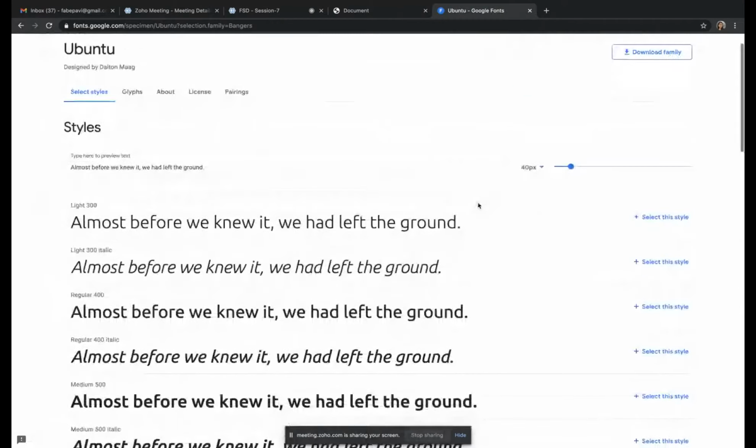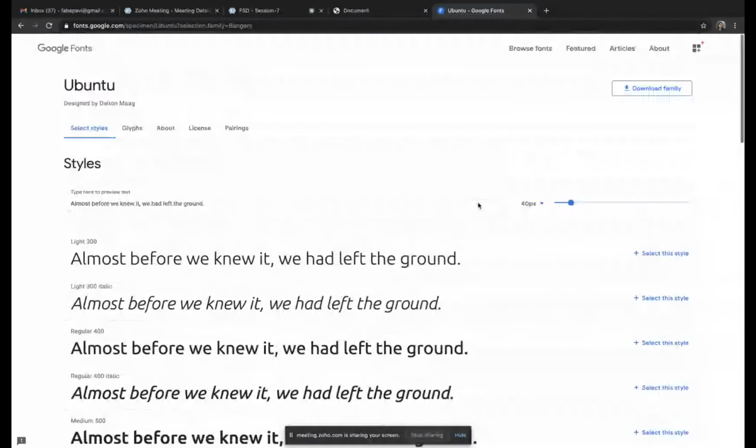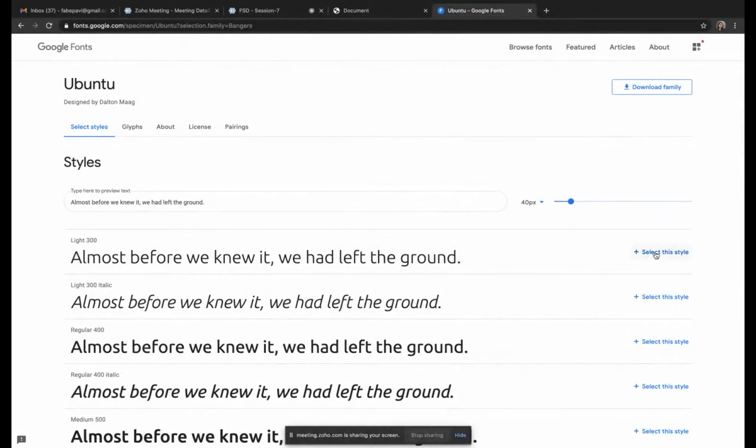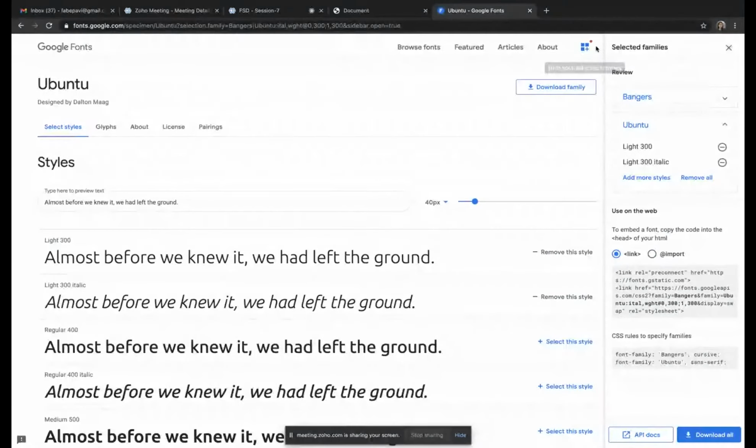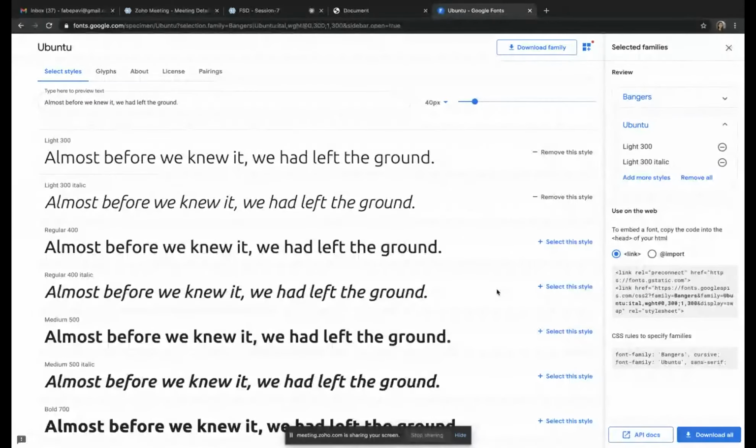So here, see, the font name is where it is getting added. View, there is a button here: View your selected families. So I have selected light 300. What is this 300 and 500? I have said, right, font weight we can give 500. Numbers also we can give instead of bold and those things.